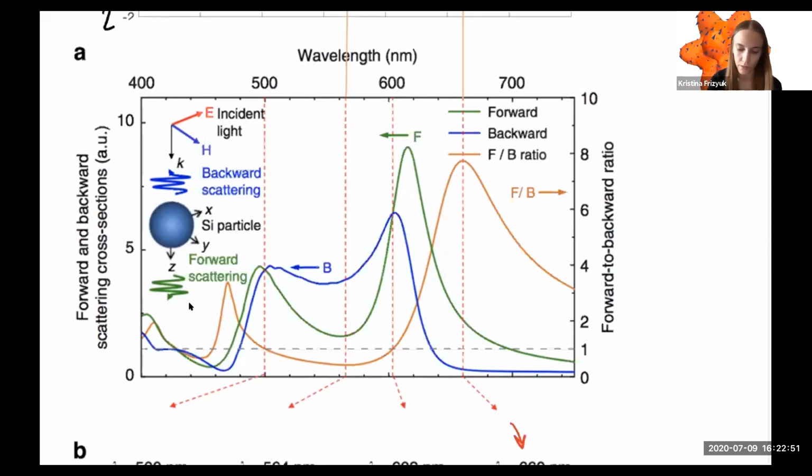Okay, let's first answer. These two guys do not give a contribution to scattering because they don't radiate in these directions. None of these two. These two guys, of course, give some contribution, as well as these two, because this is actually the same situation. And these two guys, you should note that here both of them are odd, but we have actually